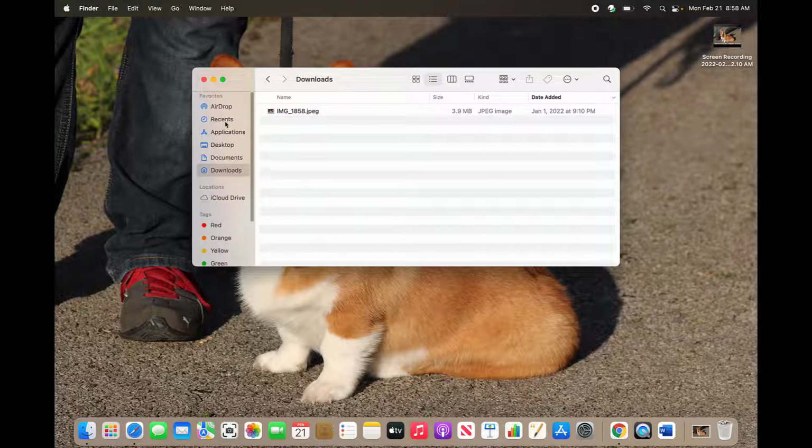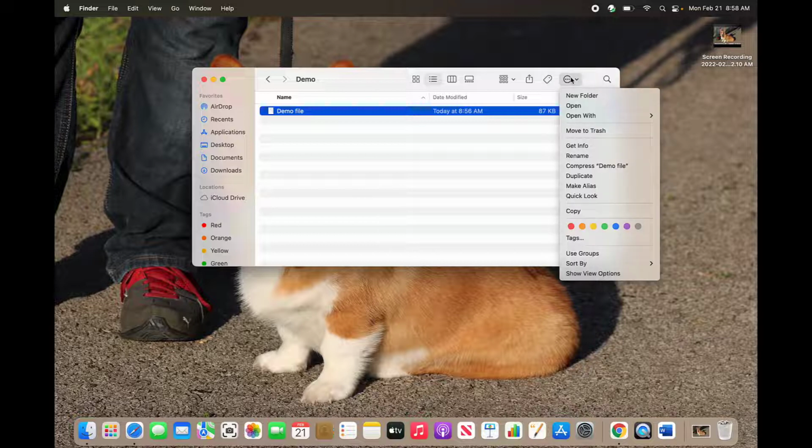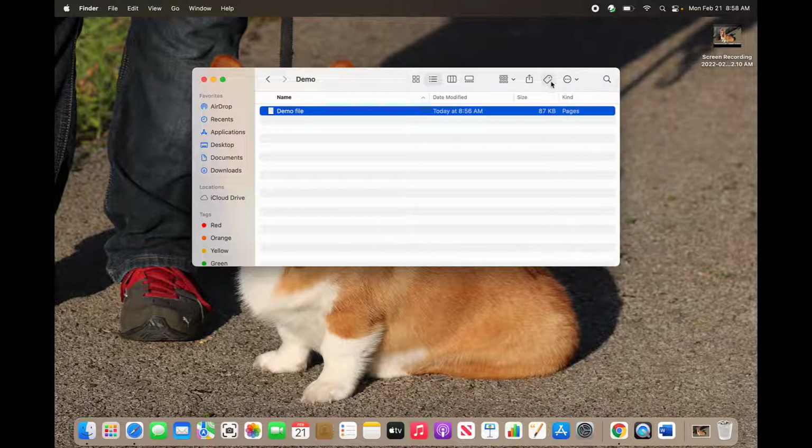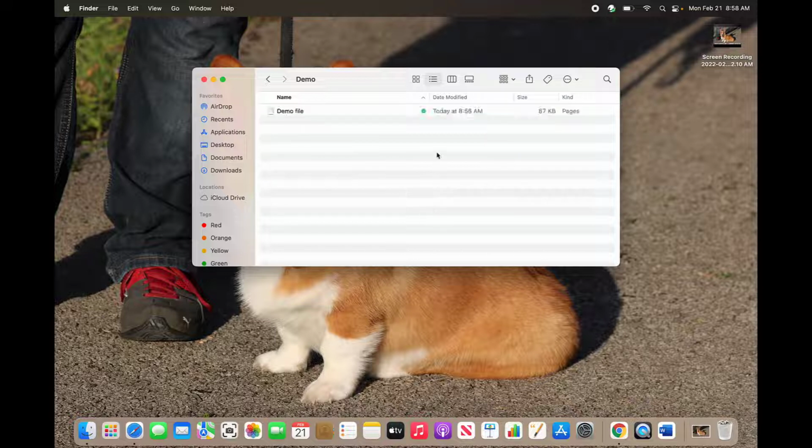Also with Finder, you can mark files with tags to just make it easier to find them. So if you want to mark them with a tag, you can click this tag option and select a color. And then we can see that there's a green dot next to it, so if you have a particular category that you use for the color green, you can mark it as green and then make it easier to find